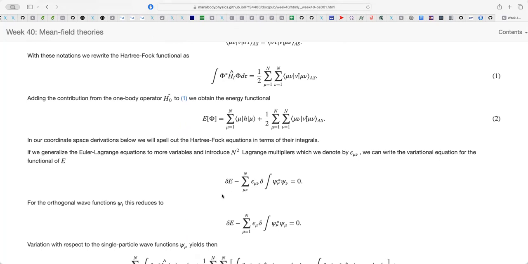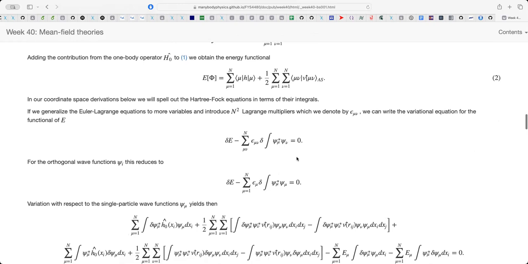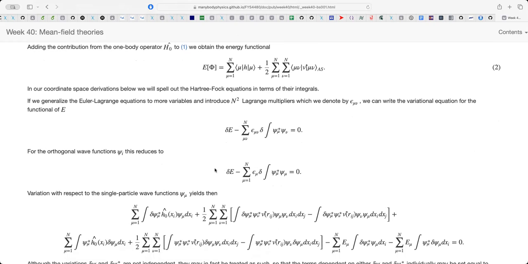So we have a change in the energy, and here we have the Lagrangian multipliers because we have a constraint on the wave function being orthogonal. So this is the change in the energy minus the Lagrangian multipliers, and this is the problem we want to solve. And when we take variations of the single particle wave functions, which is what we did before the break,